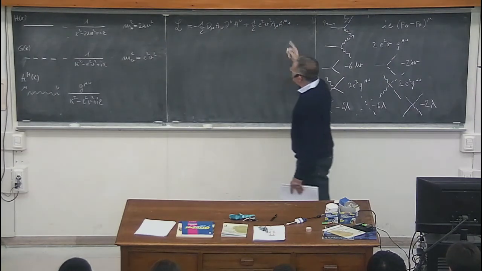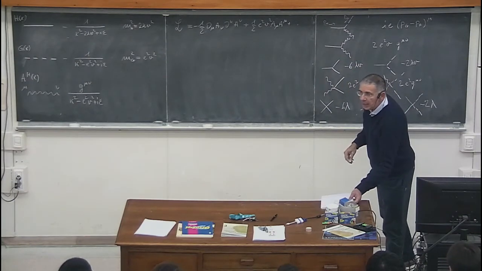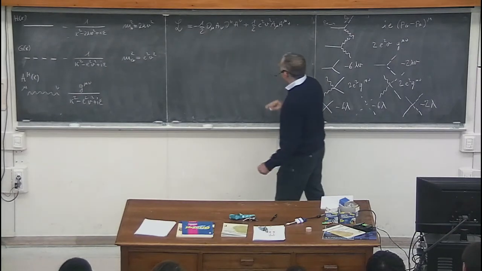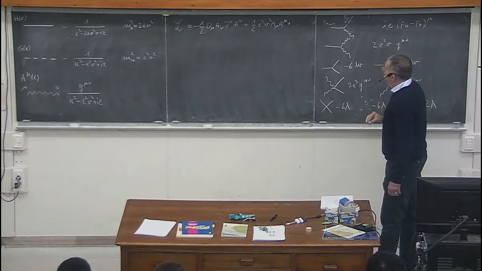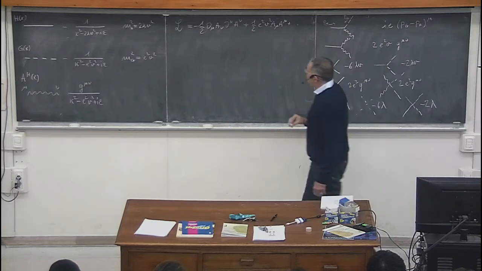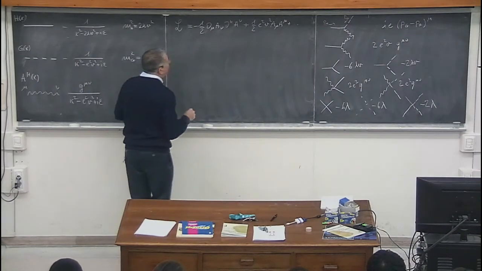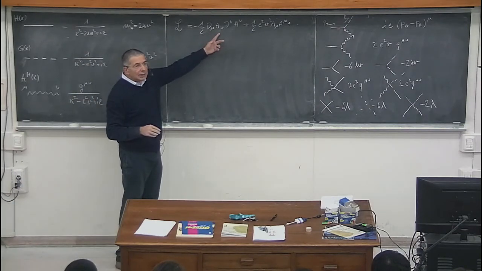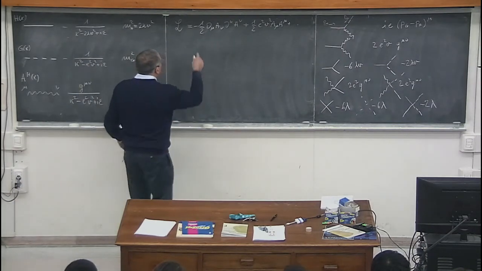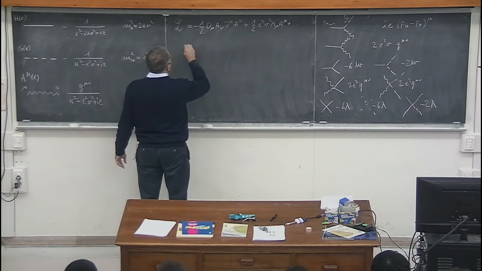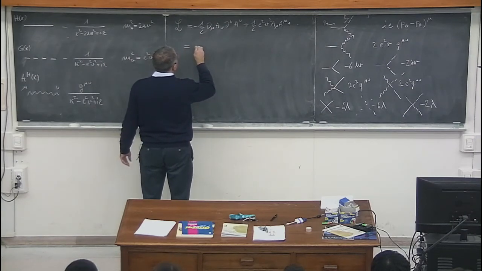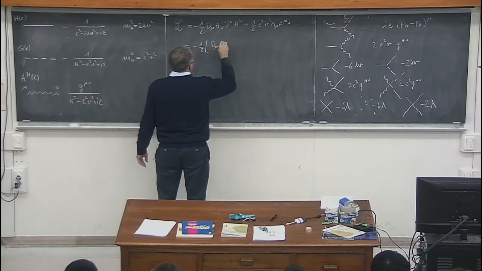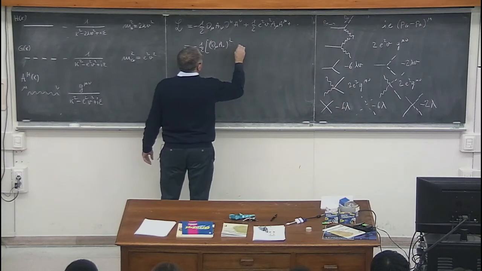Let me first concentrate on the free Lagrangian for the vector field, which has this form. You will agree with me that this is just the sum of 4 terms which are similar to the free Lagrangian of 4 real scalar fields. For example, let me write it explicitly. It is minus 1/2 times d mu A0 square minus